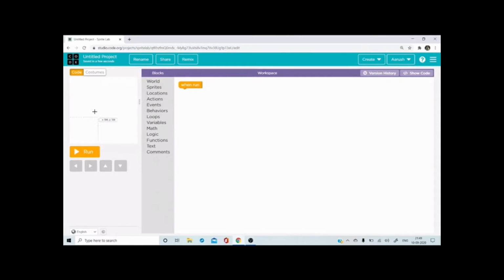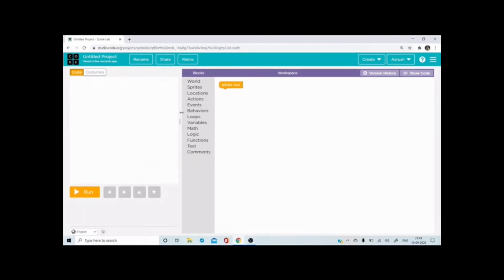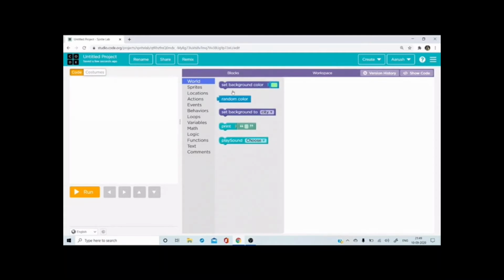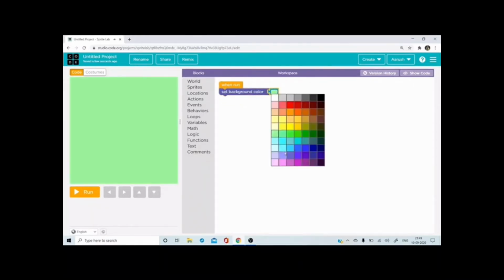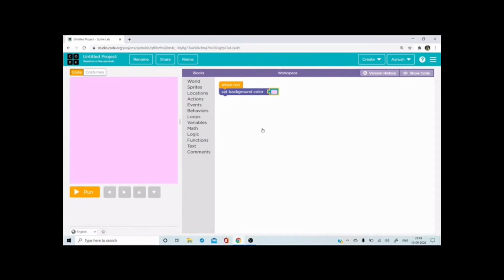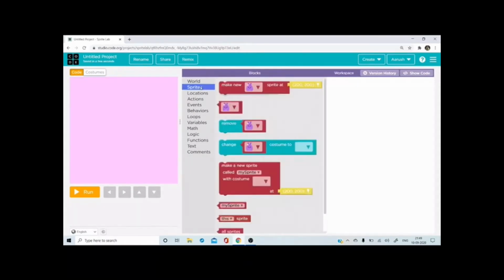So this area is your preview area where you will actually see how whatever you create will look. Here you have all the commands you can use, and here you'll be writing the code. The platform we are using is code.org, and we are going to develop the newest and the finest game. So let's set the background first. Maybe I'll set the background, say pink. Alright. Then what is the next thing?